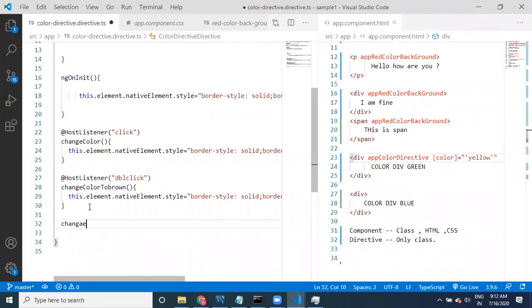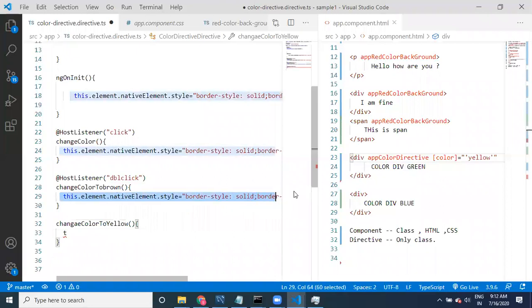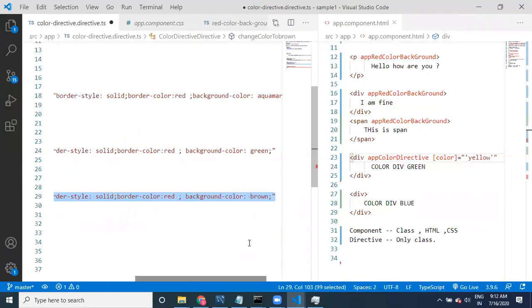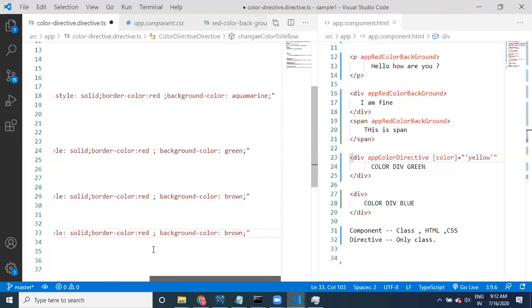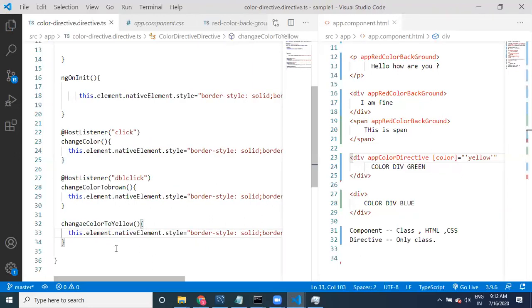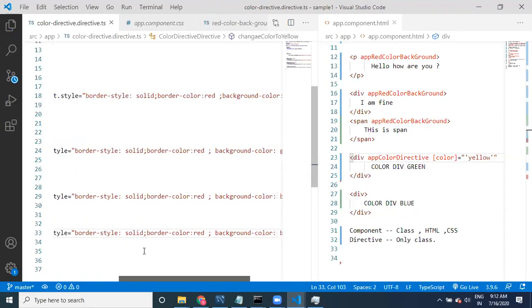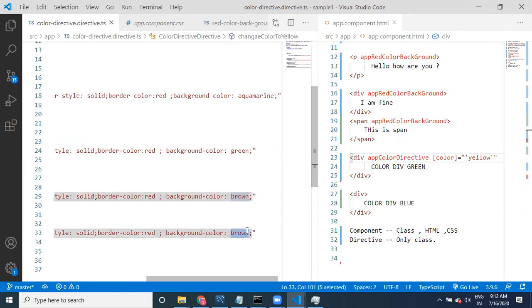So change color to yellow. The same code I'm going to take. Let us make it color yellow.